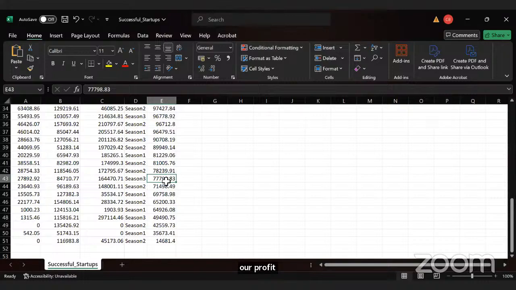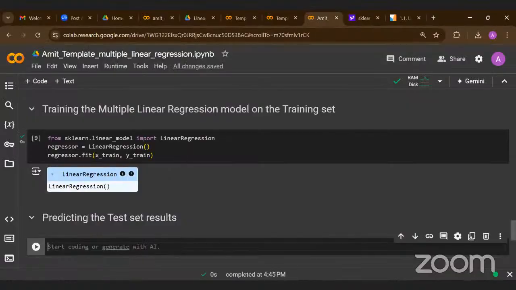So we have actual data, and now we will predict our test set results, and we will map or match the data, whether it is predicting fine or not. Okay, so this is what we are doing. Now I'll share this. But to do that, what we are going to do is make